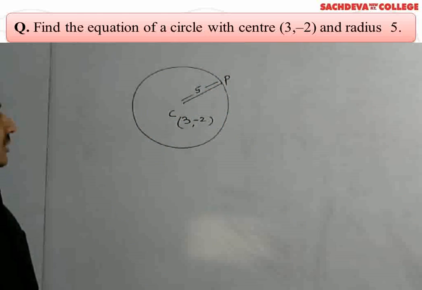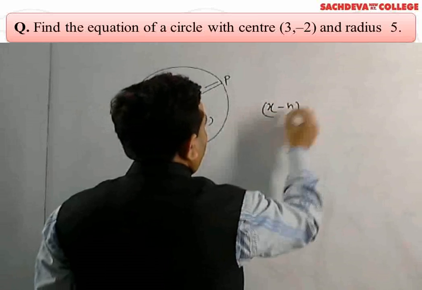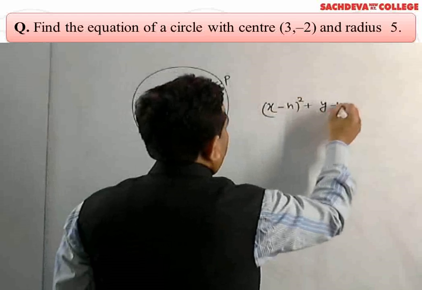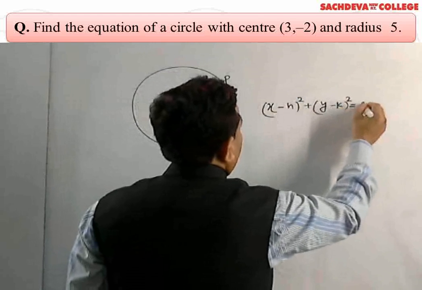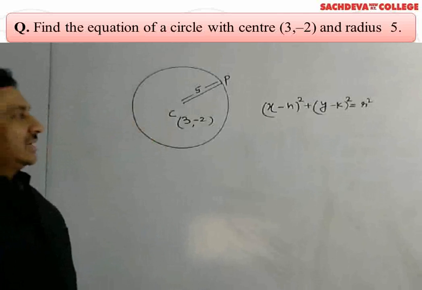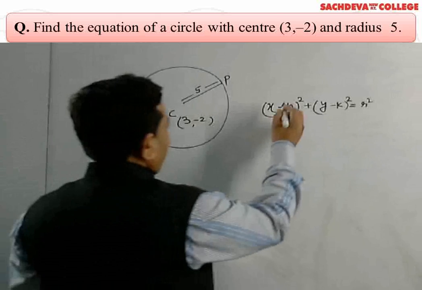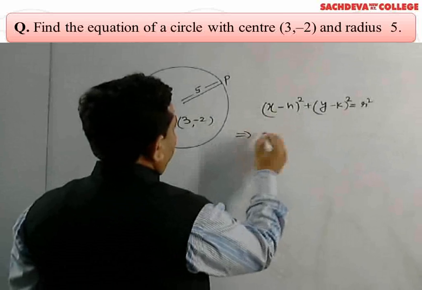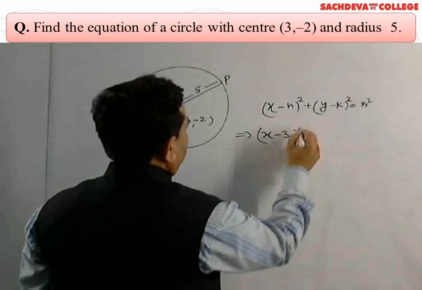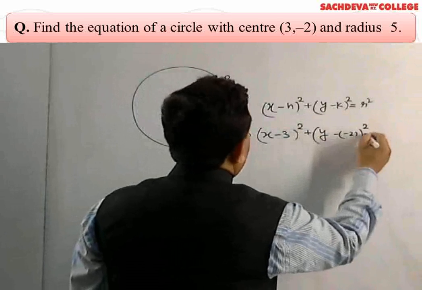So we know that the equation of a circle with center (h, k) and radius r is (x minus h) whole square plus (y minus k) whole square is equal to r square. If the center of the circle is (h, k) and radius is r, but given that the center of the circle is (3, -2) and radius is 5 here, then the equation of the circle will be (x minus 3) whole square plus (y plus 2) whole square is equal to 5 square,